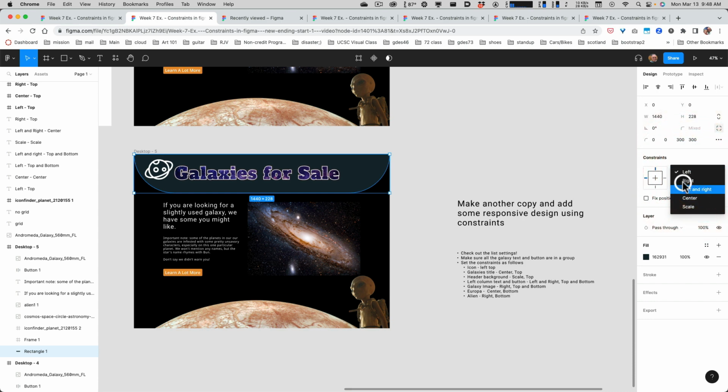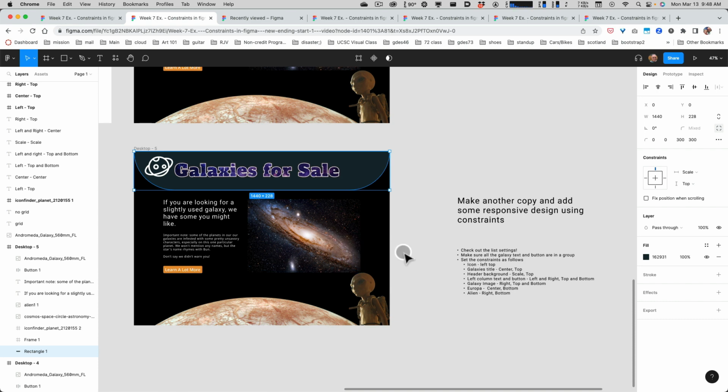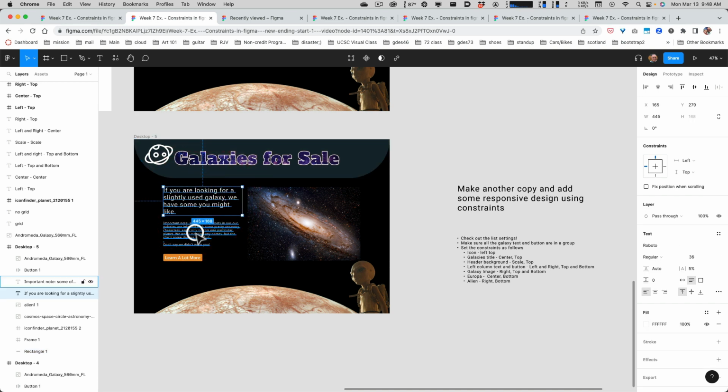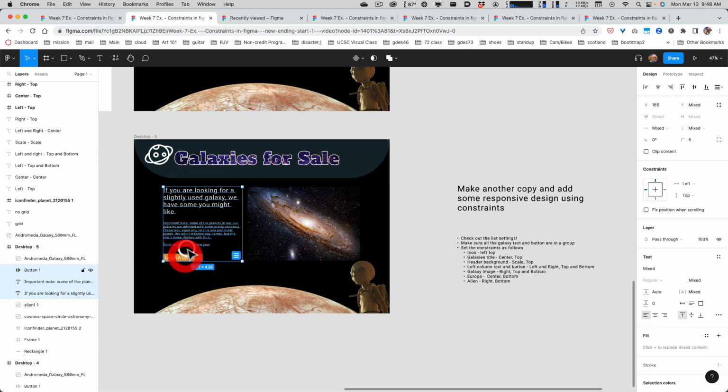Yeah, scale here, that's the horizontal, and then top on the vertical. And that should make that hopefully scale as if it's a responsive sort of background color or rounded background. Yeah, so that's good. So here on these three guys, we're gonna hold down Shift and select all three of those,